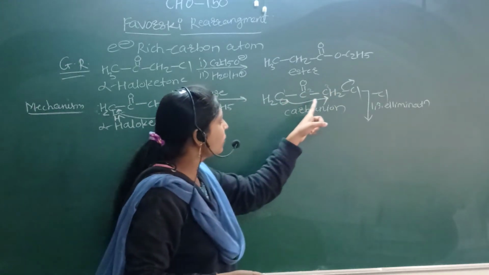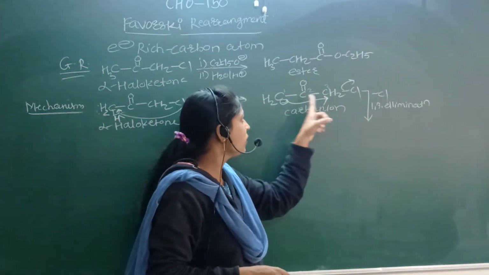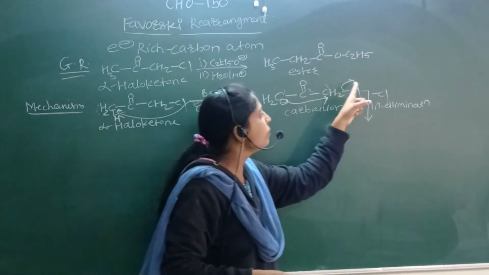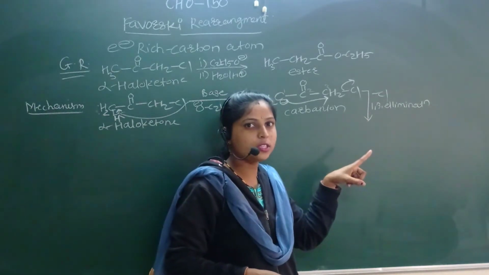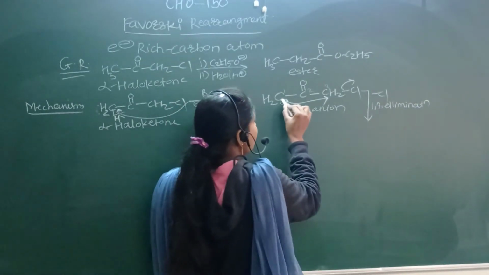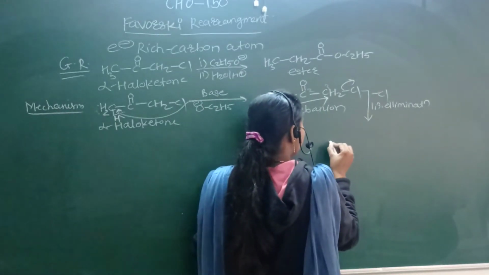So this carbon attacks this carbon which is attached to the halogen. So this position is 3 and this position is 1. So it eliminates the Cl minus. So the mechanism is called the 1,3 elimination. Okay. So the bond between this carbon and this CH2. Okay. So we have to get here